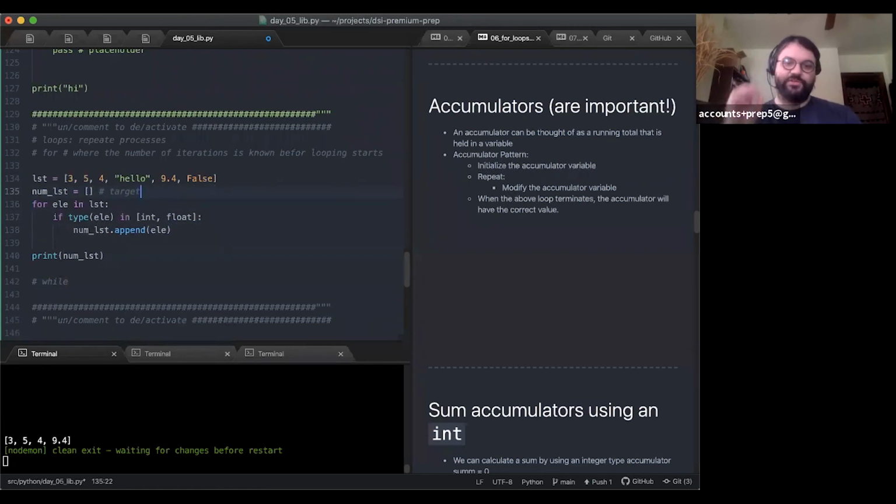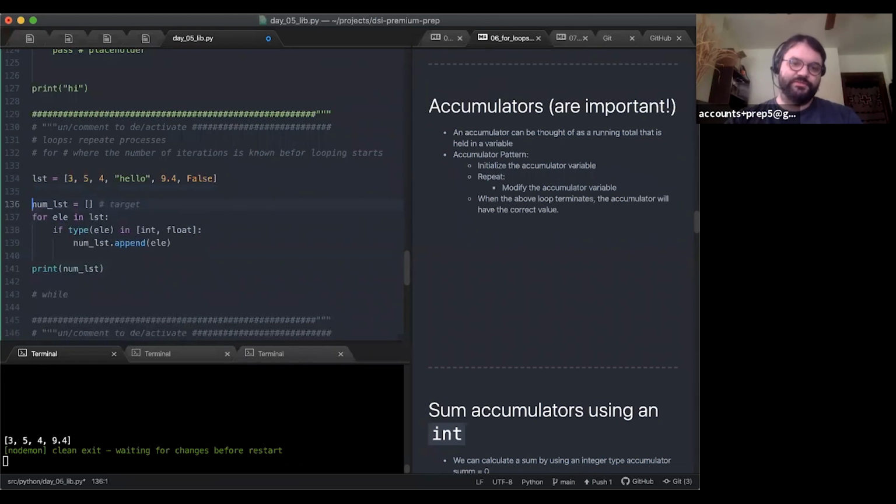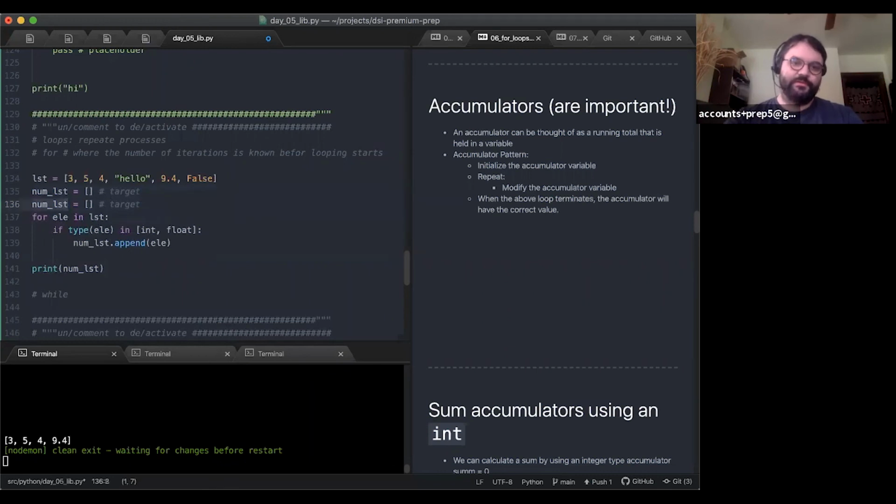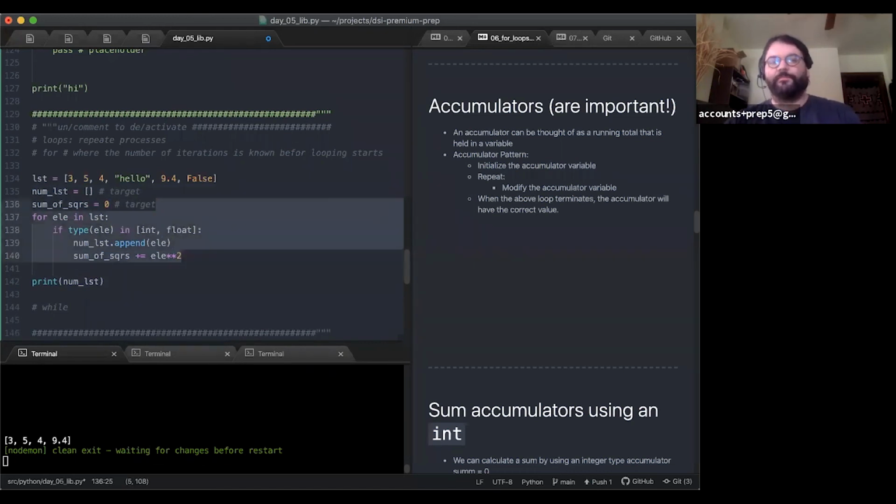And to be clear, we can have multiple targets, right? I could do both here, both the list and the sum. I would say usually you only have one, but there are times where you might have two or more.